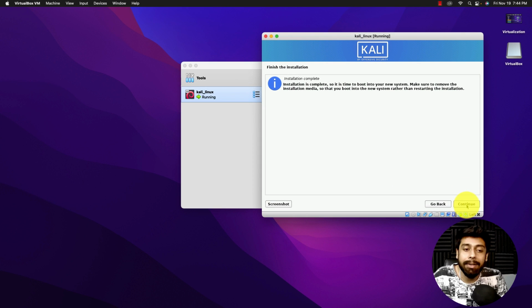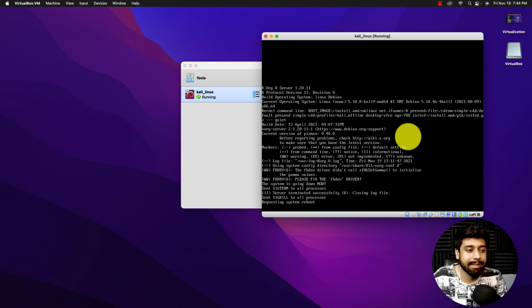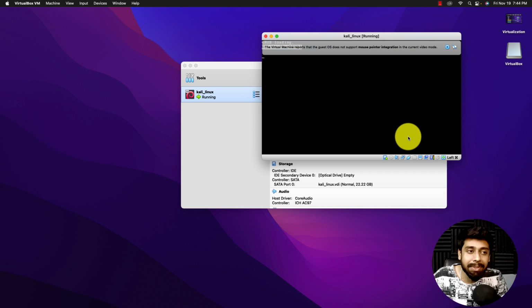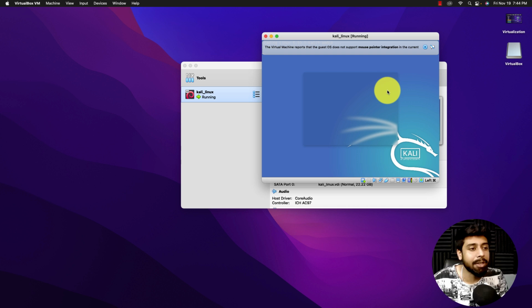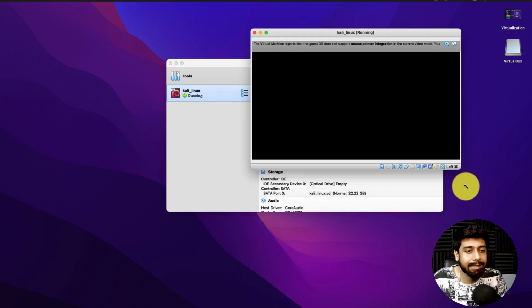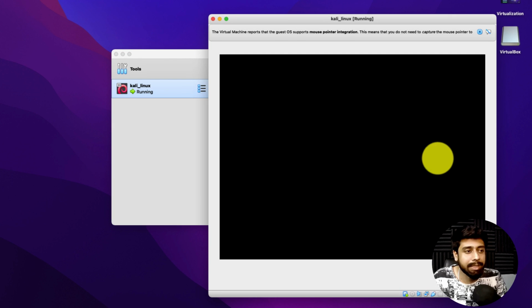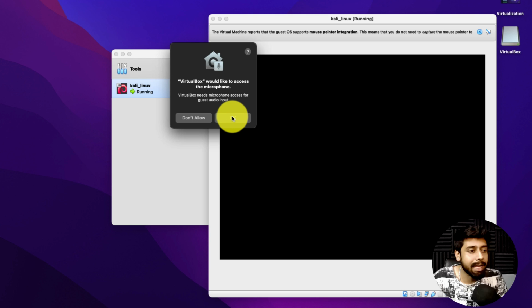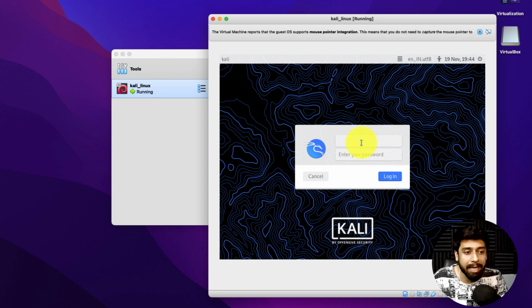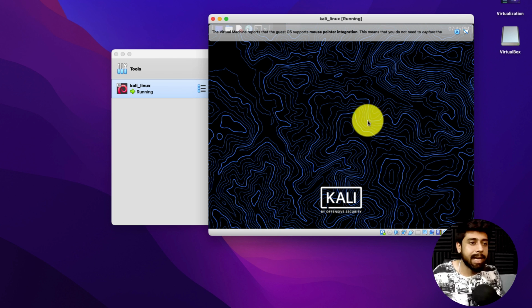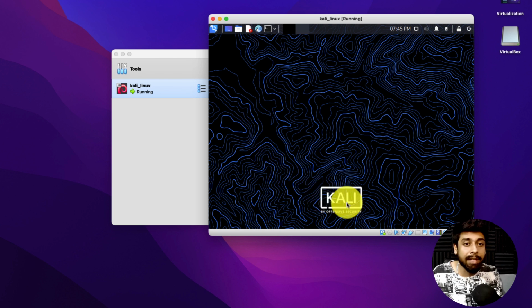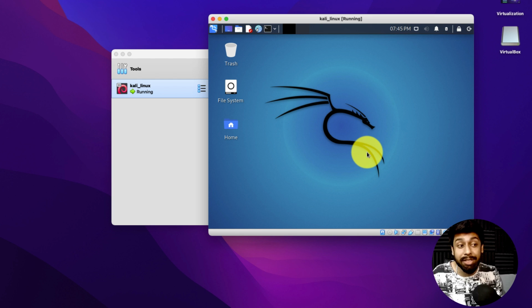So here you just need to click on continue, and then you can see that again it is asking me to reboot the system, and I'm going to go for the first option, and let's see if my Kali Linux is up and running fine. So this is the load up screen of Kali, and I'm going to click on OK in order to get the access to microphone. And here I have set the user along with the password. So Saksham was the name of the user, and I guess this was my password. I'm going to click on enter, and as you can see, we have successfully logged into the first screen of Kali. So this was all about the installation of Kali Linux.